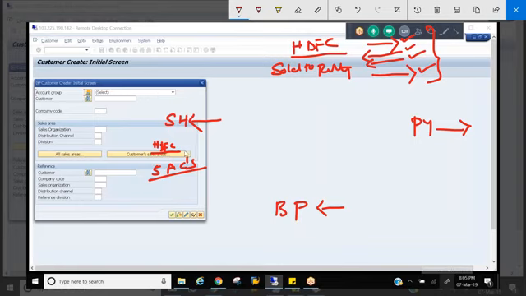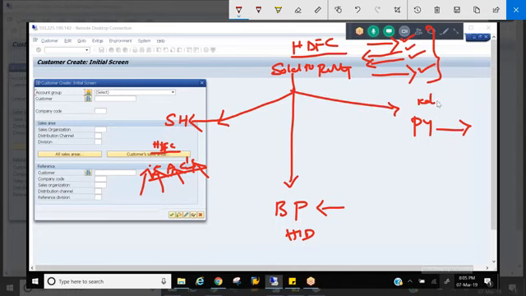So this branch of HDFC will collect all the quotations from different vendors and pass them on to the corporate office. The purchasing department then processes it and raises a purchase order to the vendor, and the vendor will be delivering the goods to this branch. Let's say this is Hyderabad, and you can tell for this transaction you send the bill to this branch, and let's say this is Kolkata, and they can tell this bill will be paid by